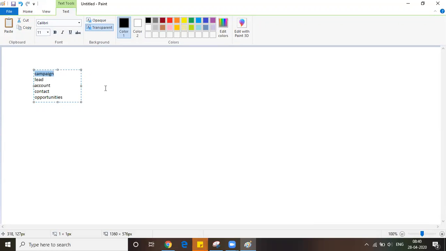In campaign terminology, we have to know about campaign members. Campaign members are the people who are conducting those campaigns. And campaign influence is what we measure after conducting the campaign: how many leads we have generated, from those leads how many contacts we have got, how many opportunities we have got, and how much revenue we have generated through that campaign. Those measurements are called campaign influence. Because of that particular campaign, what we achieved, that is campaign influence.